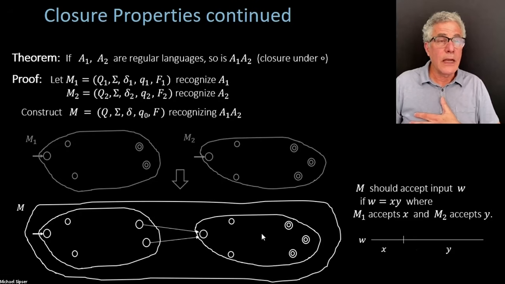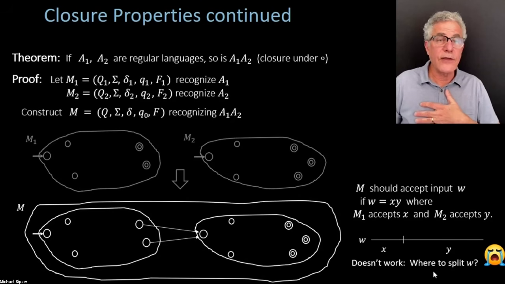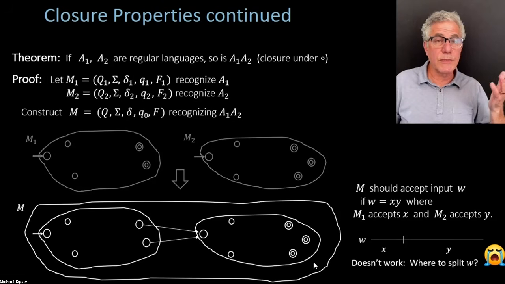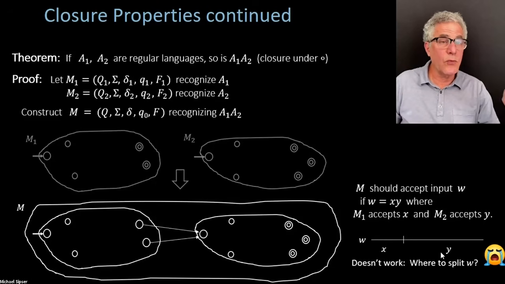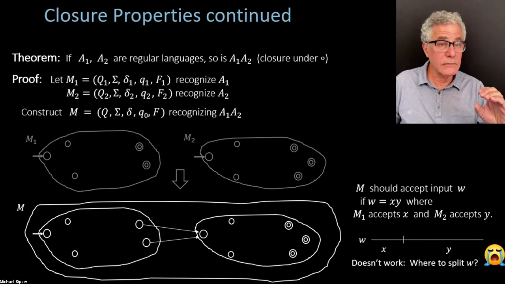So I'm not sure if you quite follow that, but in fact, it doesn't work. The question is where to split W, and it's challenging because how do you know where to split W? Because it depends on Y, and you haven't seen Y yet. So when you try to think about it that way, it looks hopeless, but in fact, it's still true. And we'll see how to do that on Thursday.